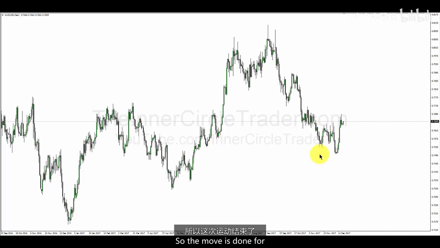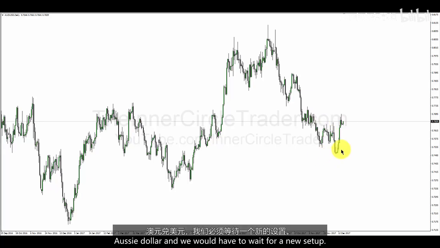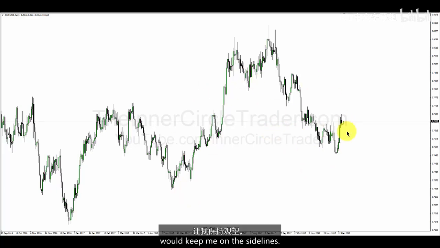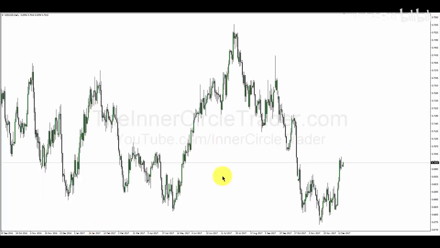So the move is done for Aussie dollar, and we would have to wait for a new setup. So the uncertainty and consolidation nature of this pair would keep me on the sidelines. I wouldn't worry about trading this one. New Zealand dollar is very similar. We would be looking for